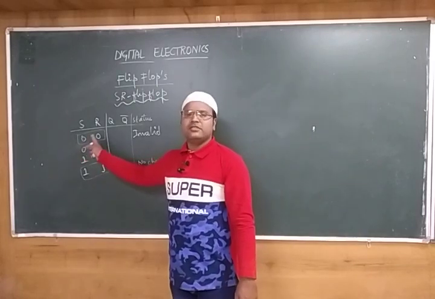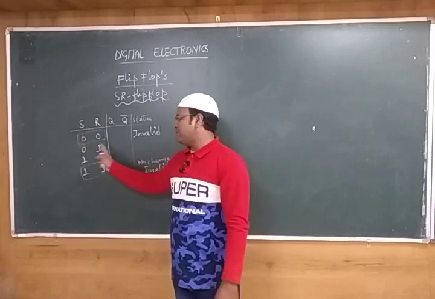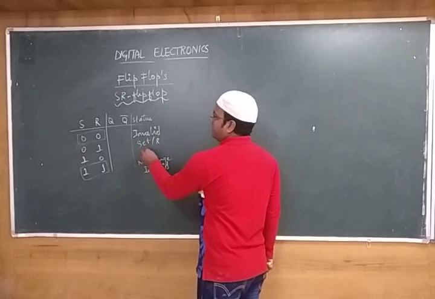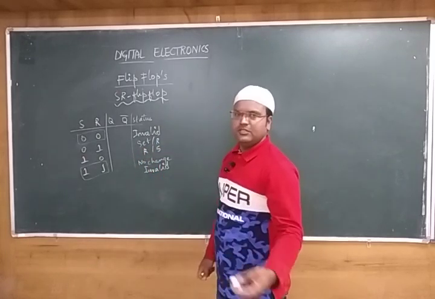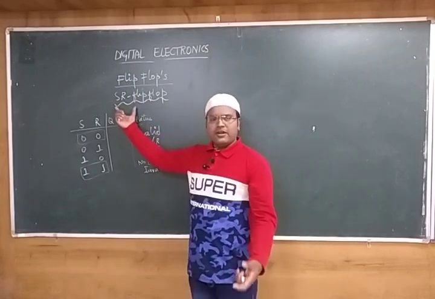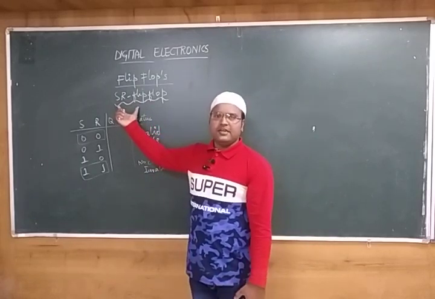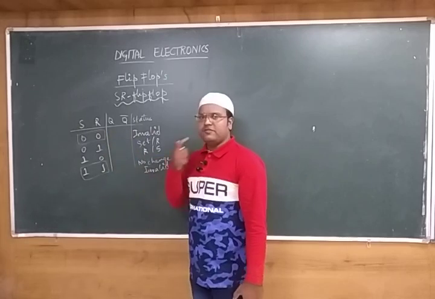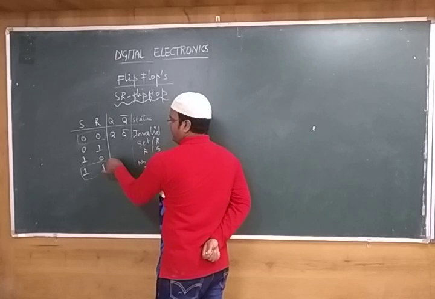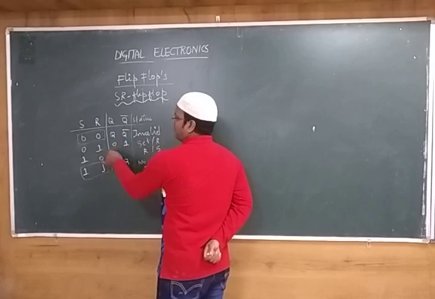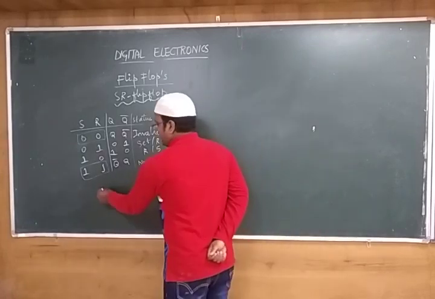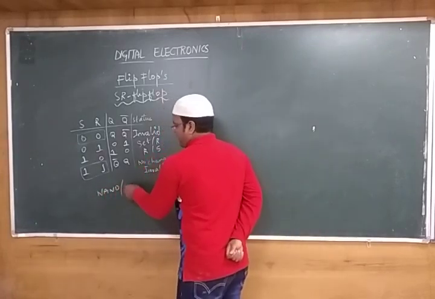Whether set is 0, reset should be 1, or reset is 0, set should be 1. For that particular thing, you may get set or reset, or you will get reset or set, depending upon the logic. What are the logic you are applying? You are applying whether it is for the NOR gate designing or whether it is for the NAND gate designing. For that particular thing, these status bits you have designed. So if it is 0, 0, we have written Q and Q bar, or you have written here Q bar and Q value. If it is 0, 1, 1, 0, we have taken and written the respective value by using respective gate designing, that is NAND gate and NOR gate.